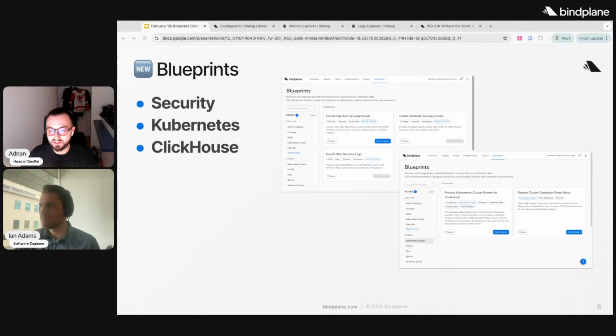So we have, I think it's 5 or so. I think there's 5 new ClickHouse blueprints, a few new for Kubernetes, a bunch of new ones for security, including Okta, FortiGate, the MITRE attack framework. It's just a bunch of cool new stuff for you to try out. If you want to do that,